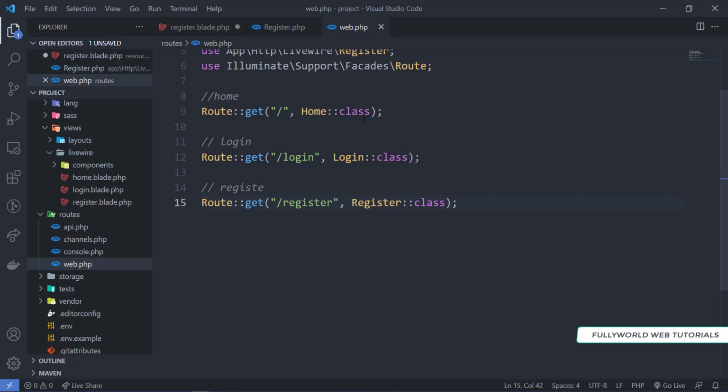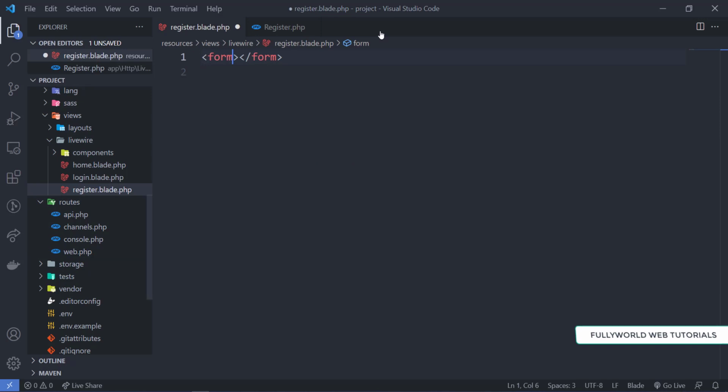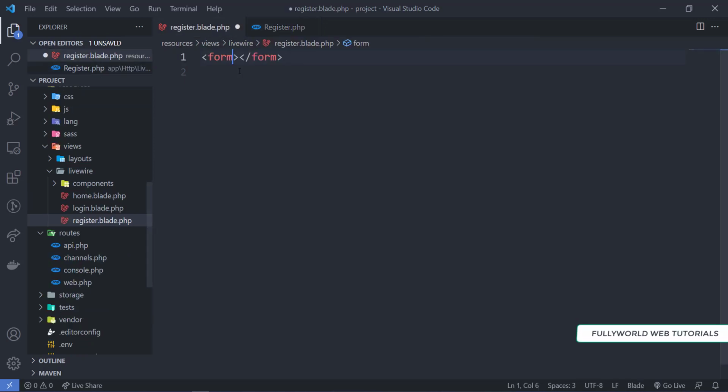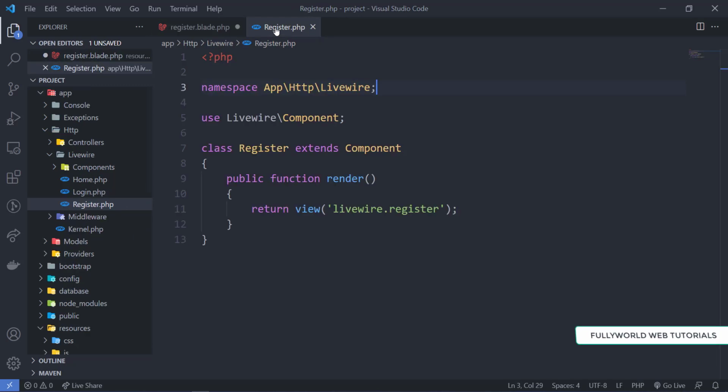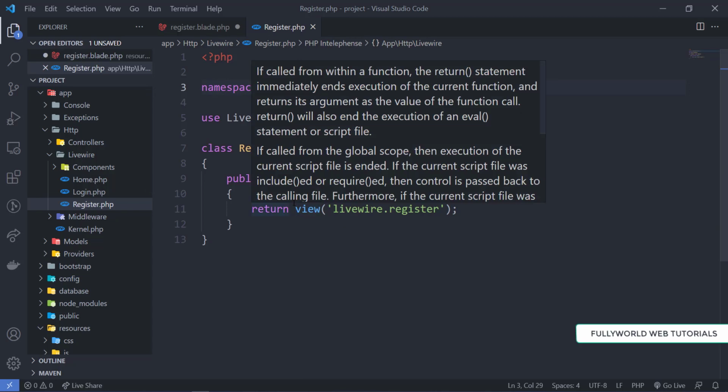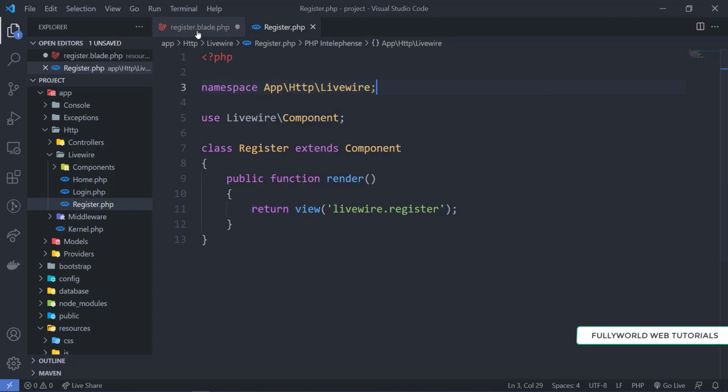If we were not working with Livewire, then only would we add the post route. Since we are using Livewire, we will only work with the register class file, and by using Livewire attributes we handle the form in real time without refreshing the page.